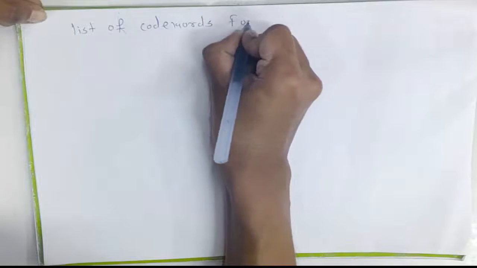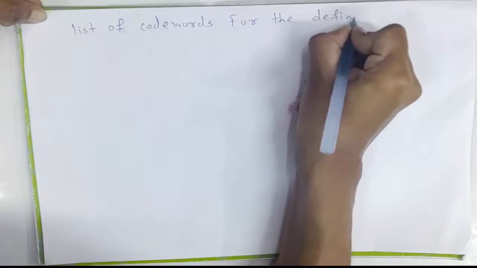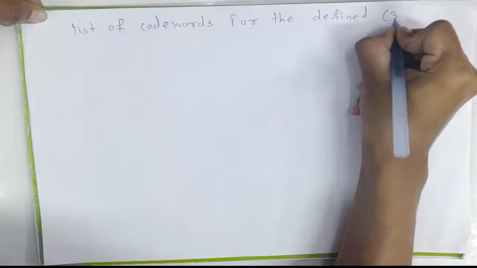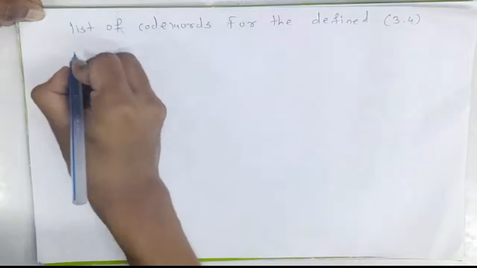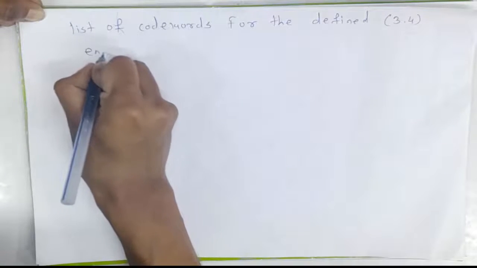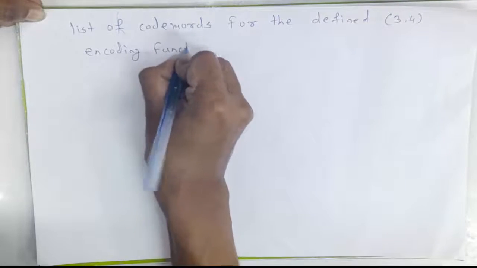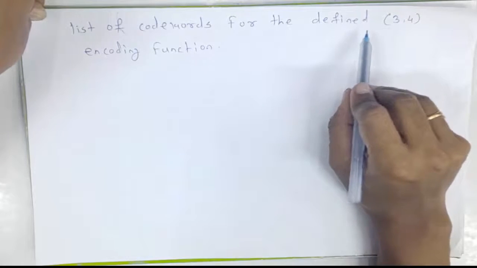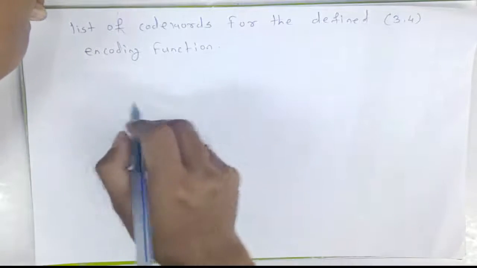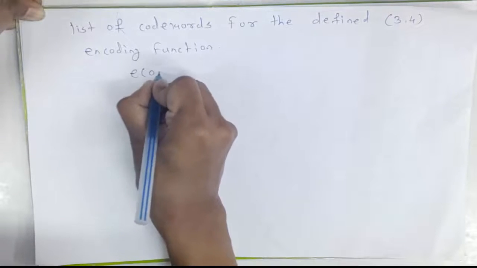For the defined 3-4 encoding function, the list of code words for the defined ordered pair 3-4 encoding function is as follows. So see here, E of 0, 0,